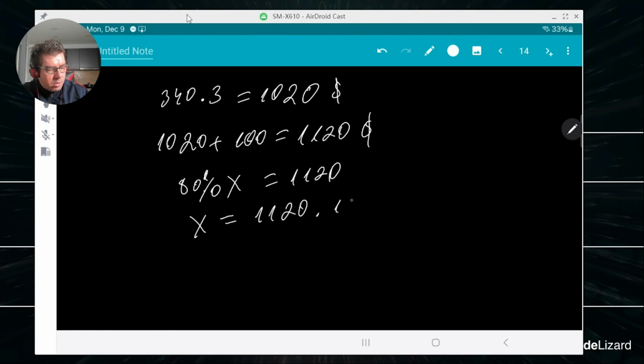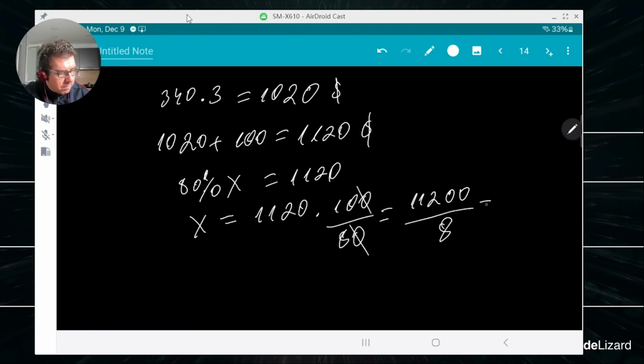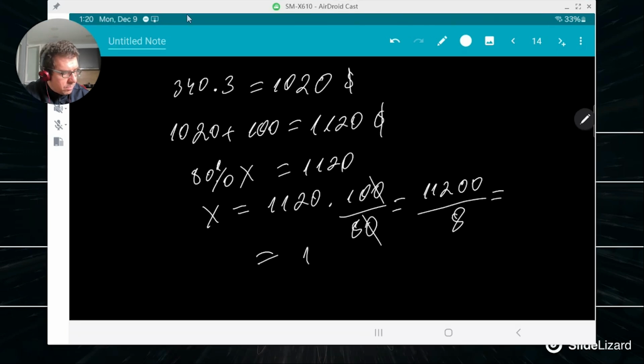X equals 1120 times 100 over 80, 10 with 10. So 11200 divided by 8. 11 divided by 8 is 1 with a remainder of 3. 32 divided by 8 is 4, and I copy the 2 zeros at the end. So this is the rent,